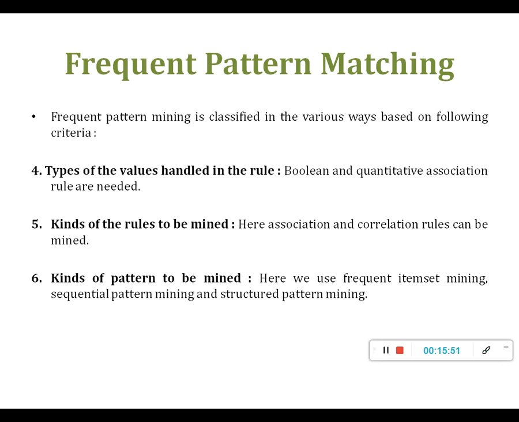But in the case of correlation, we have other terms like simple coefficient correlation and Spearman coefficient correlation. The terms change slightly when you apply different rules. If you are using association rules, you apply one set of rules; if you are using correlation rules, you apply different rules. So you should know what kind of rules to mine for a particular data.